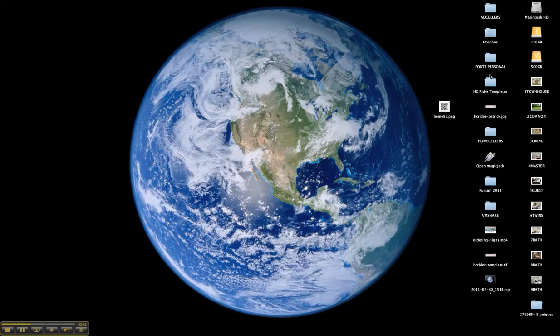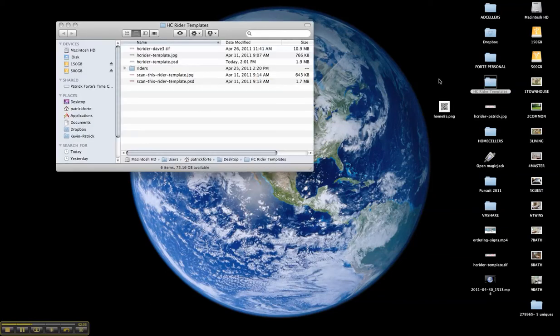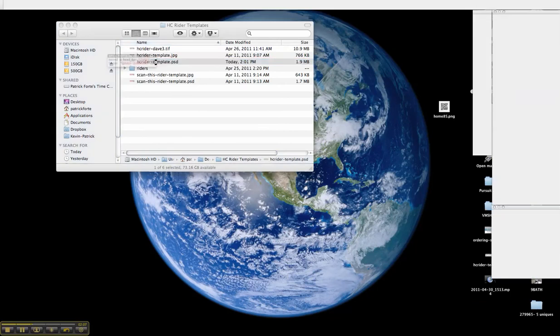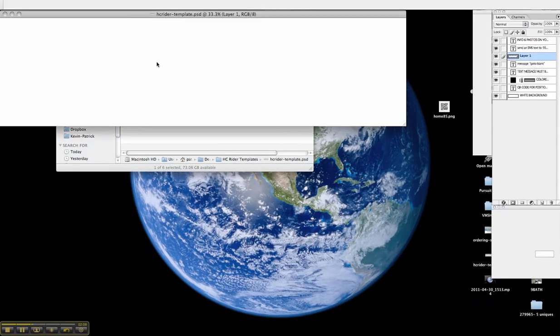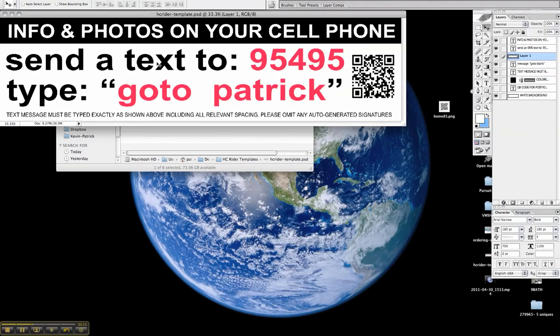Now what I'm going to do is open up the SignWriter template that you can download right from our website. And again, remember, this is actually a Photoshop file. So if you're not familiar with Photoshop, if you don't have anybody in your office that has Photoshop on their computer, then you may end up having to take this to a sign company and having them do it. But you open this in Photoshop and you've got a couple of layers over here on your right-hand side. The first thing that you're going to do is delete the existing QR code out of that